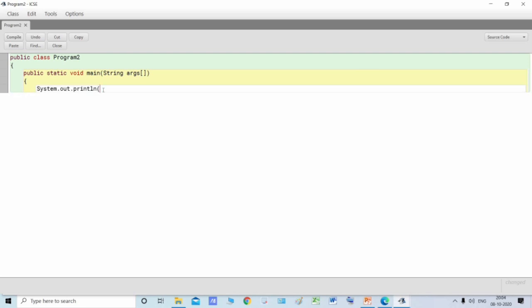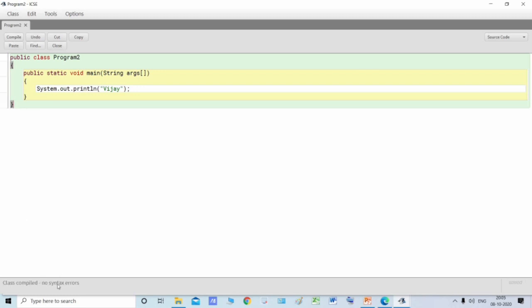Now students, see, inside this I'm writing double quotes. Whatever you type inside the double quotes will be printed as it is. I already told you in the previous lecture. So suppose my name is Vijay. If I keep only this much, System.out.println, after this I'll close the main method, and then I will come to the next line and close the class also.